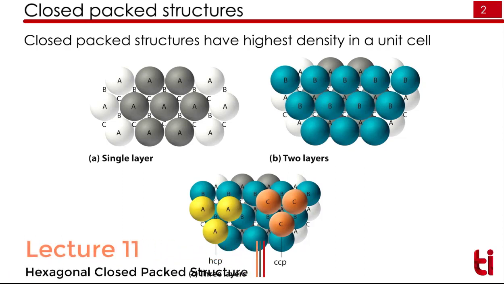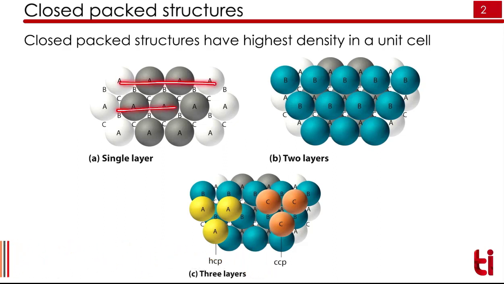Suppose we have a layer A and that is arranged like this. We have layer A, atoms are arranged like this. In this we have cavity for B layer or C layer. Means you can either place a layer B on the top of it or a layer C on the top of it. Now for example, if you have kept layer B on the top of it, the structure will look like this. The bottom layer is A layer and this blue color layer is B layer. So now we have two layers here, layer A and layer B.